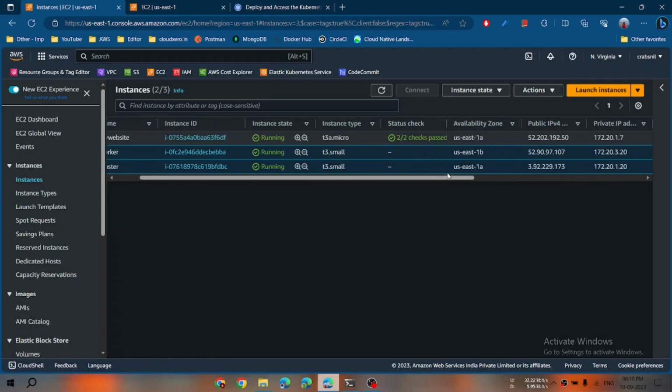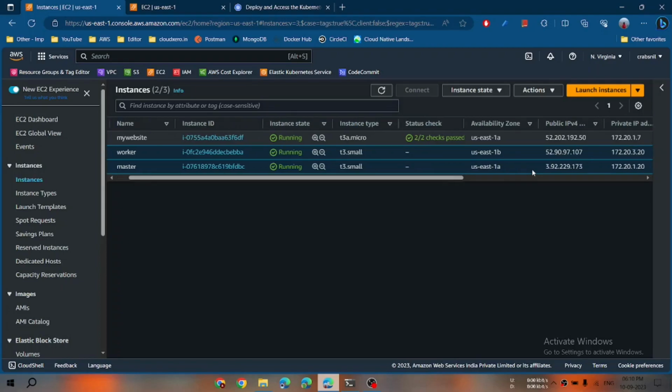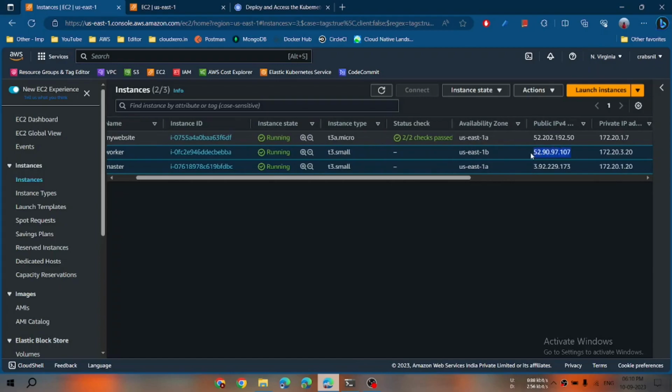Now let's copy the public IP. I have one master and one worker node, that's why I'm just copying the worker node public IP. If you have a couple of other, like 3 or 4 worker nodes, make sure you check where your pods are running. If a pod is running on a particular node, you need to copy that node's public IP. So I'm just copying this public IP,